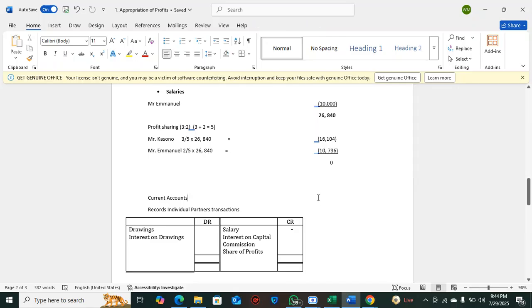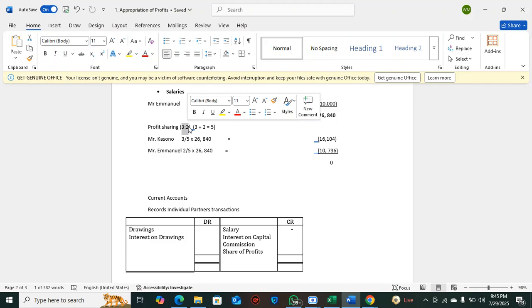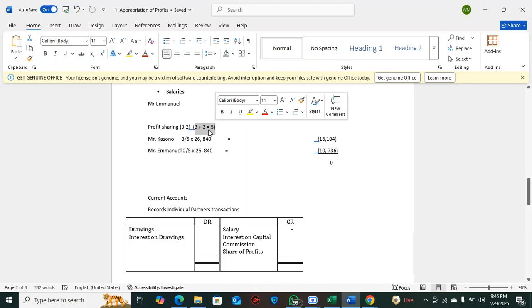Profit sharing. We were given a ratio 3 to 2. Okay, so I believe you remember how we do ratios, right? You add, you get the total number, 3 plus 2, 5. And Mr. Kasono is getting three parts of the ratio, so 3 out of 5. Mr. Emmanuel is getting 2 parts of the ratio, 2 out of 5. Then you just multiply by the